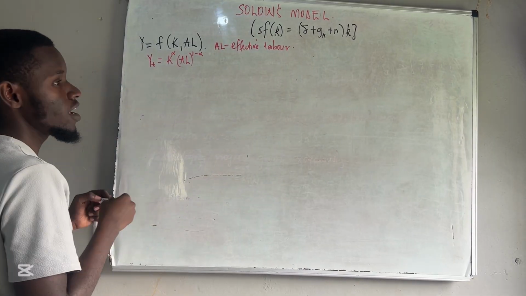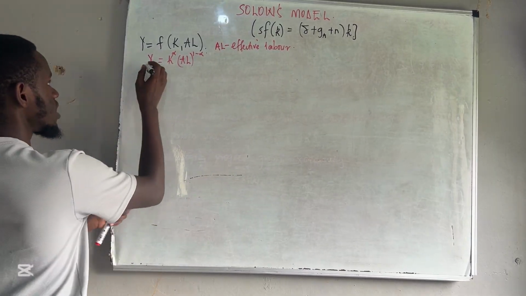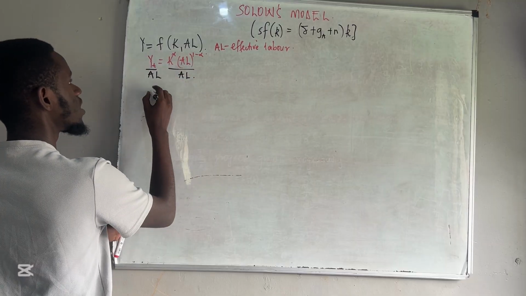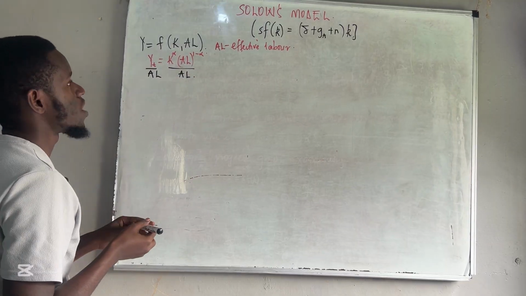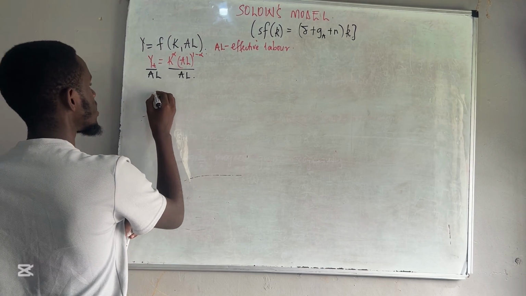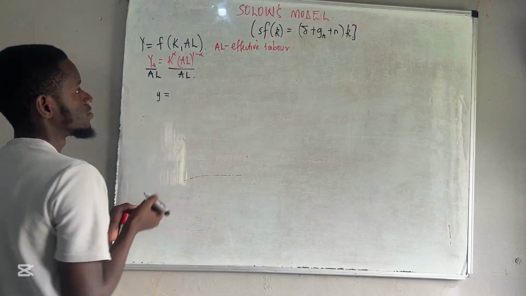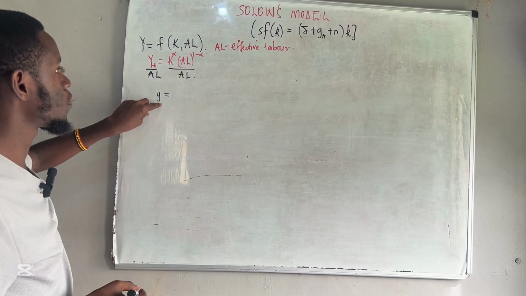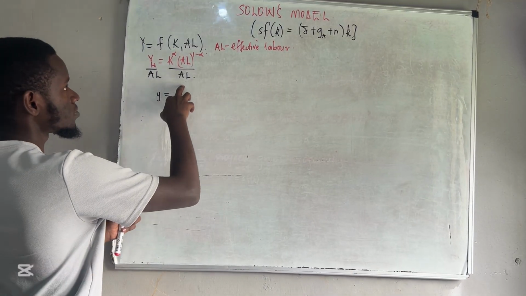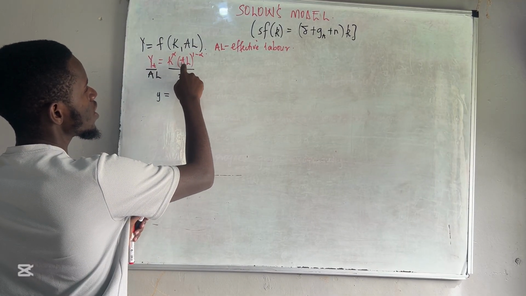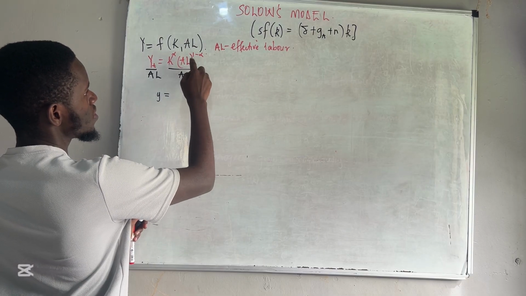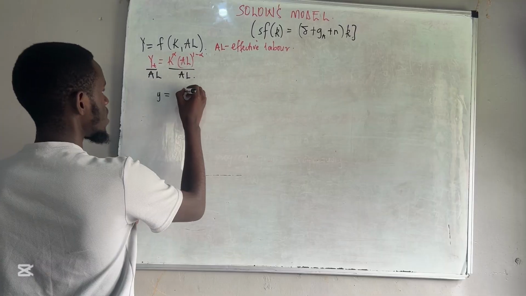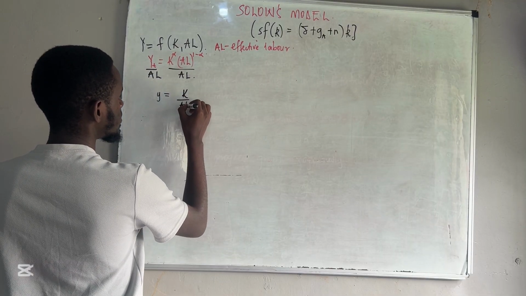Now, we divide through by AL on both sides. I'll have Y over AL, which is output per effective labor, and I'm going to denote it as small y. Here the AL dies out, and I will remain with only AL to the power of minus 1, which is down here. Therefore, I will remain with K over AL